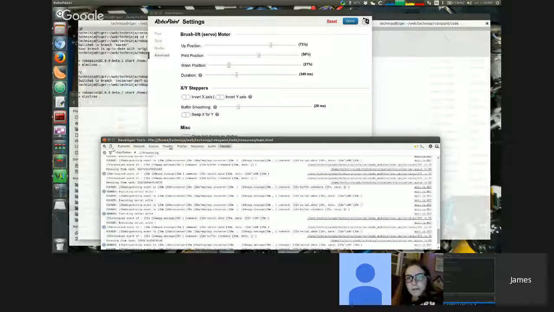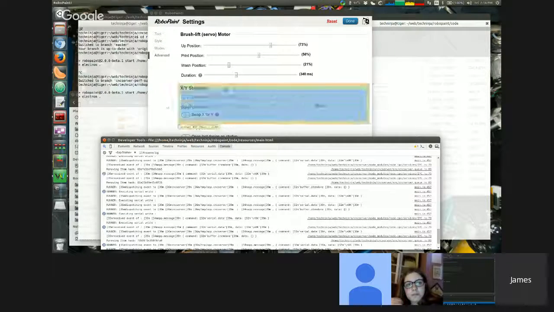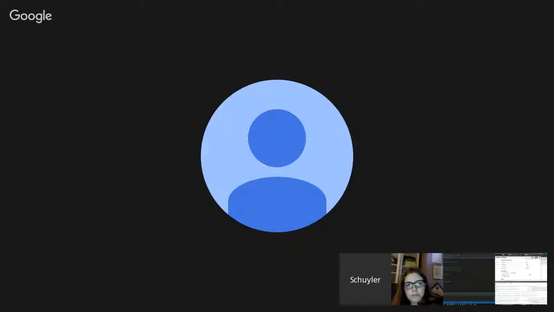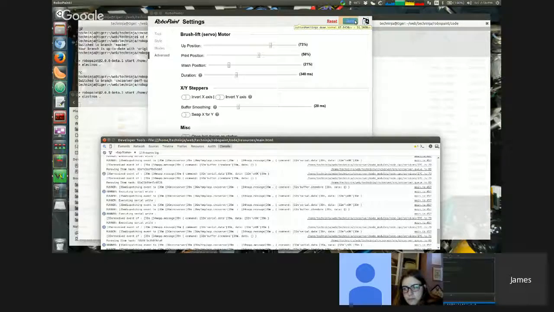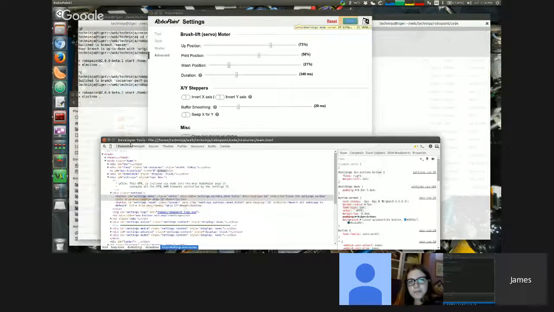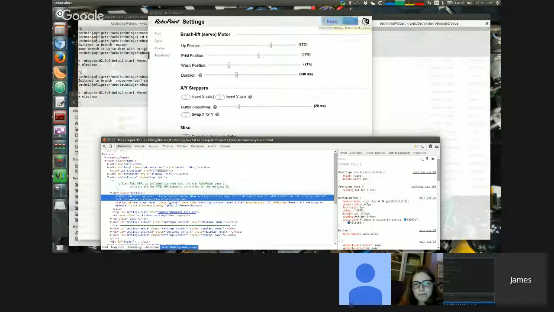If you notice, this looks just a little bit different because my version of Chromium is a bit newer than this one. But we can click here and we can find elements. Everything here you see is an element. Here's our Done button. And there it is. It's in a div tag called Buttons. And it has an ID of settings-done. It has a class of normal, which if you're curious, we can actually double-click here and just put something in front of that, like X. Something, and see what happens.